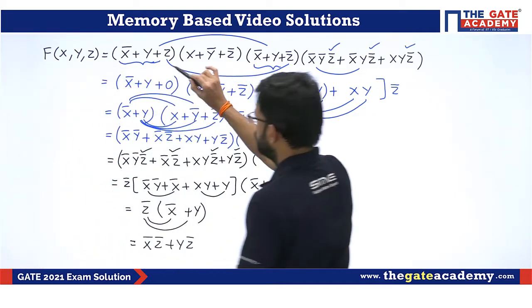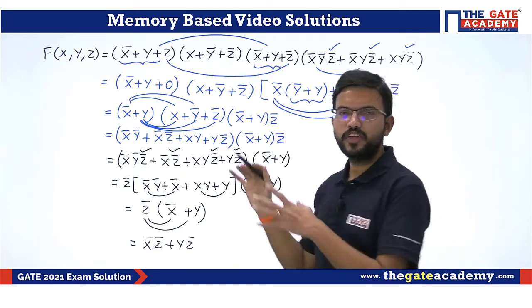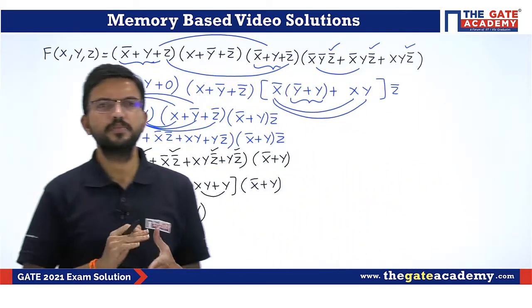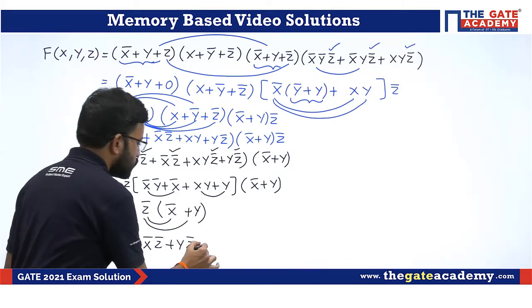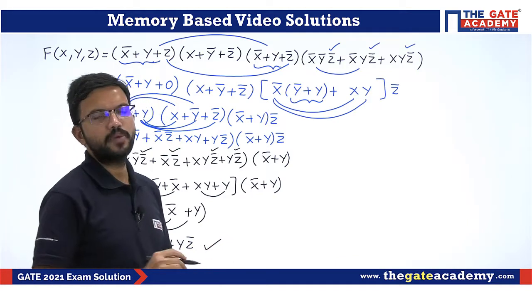So here they have given the original function like this, and they have given 4 choices regarding the simplified form. So one among the given 4 choices is this one. Okay, this is the MCQ type of question.